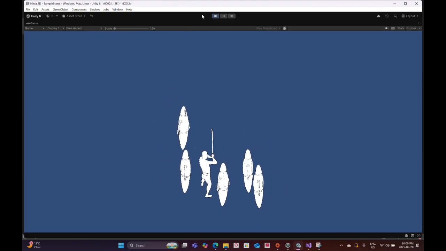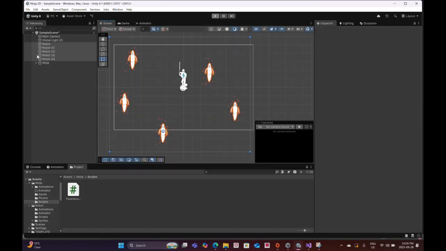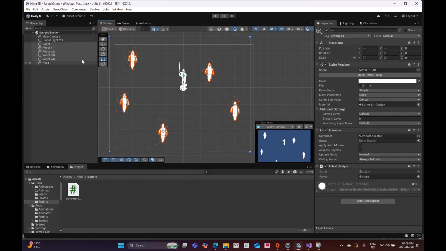So there's a couple of ways to deal with this. If I select any of the robots or the player, as you can see, under the sprite renderer, there's the sorting layer and order layer. One way to deal with it is to open this sprite editor and just say